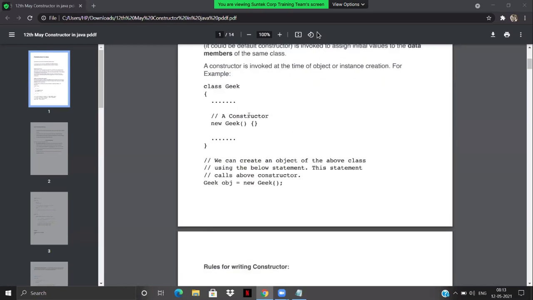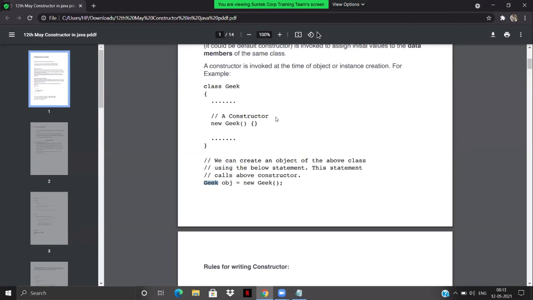Let's have a look at it over here. So here we are creating an object with obj as the name, and the class is Geek. So here I want to create an object for the class Geek. How exactly am I going to create an object? I will write the same class name, and there should be a new keyword. That's the thing they wanted to explain. But what exactly is it doing? It is basically calling a default constructor.